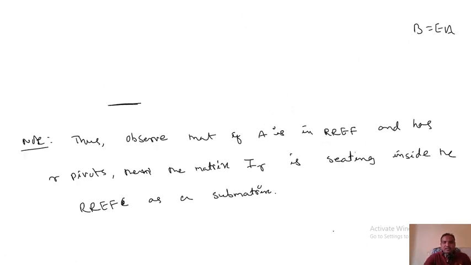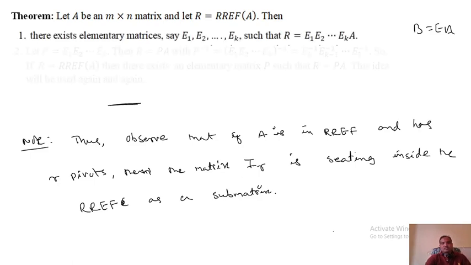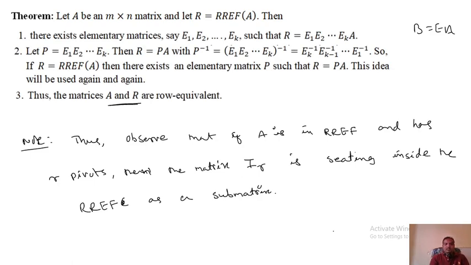Now suppose the number of pivots is 4, that means I4 is sitting in that given matrix. 5 pivots, I5 is sitting. In the row reduced echelon form, the identity must be sitting inside. When the identity is sitting in that given matrix, the form is the row reduced echelon form. So if I is not sitting inside, it's not a row reduced echelon form. If pivots are 3, I3 is sitting. Pivots are 4, I4 is sitting in that matrix, like that.